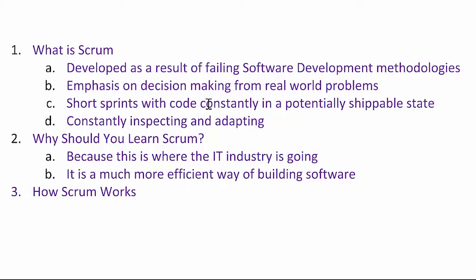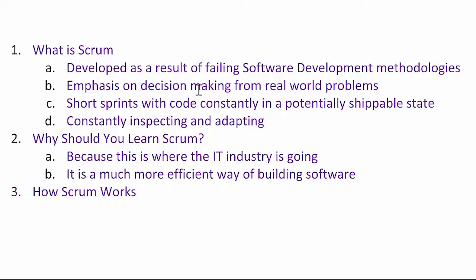My current job does 2-week sprints. So at the end of the 2-week sprints, we need to have potentially shippable code. Whether we actually ship it or not, that's different. But it's potentially shippable, meaning it's been developed, it's been properly tested, and the bugs that may or may not exist there have been approved by product owners to say, okay, this bug is acceptable. Let's move it to production.